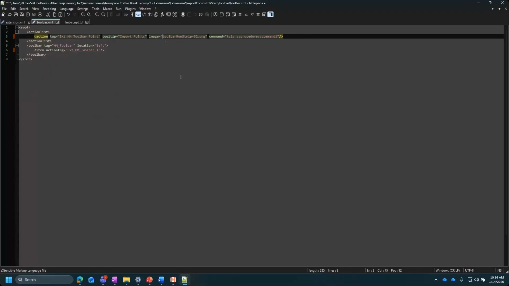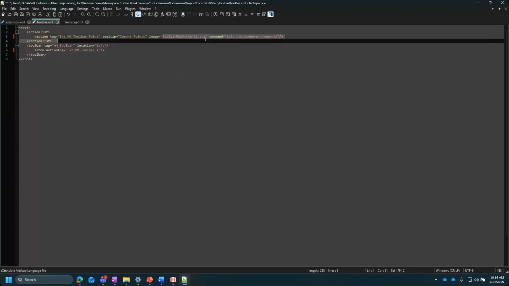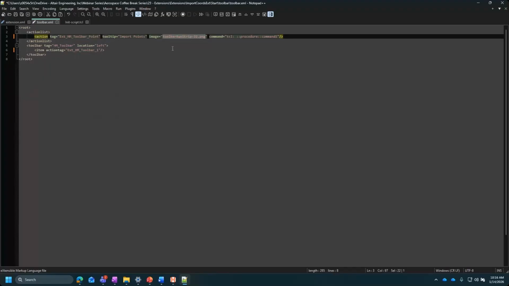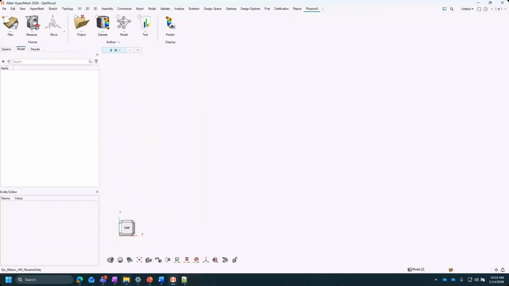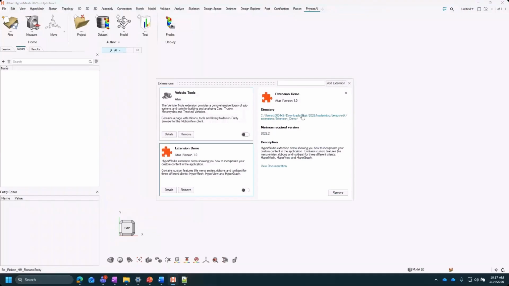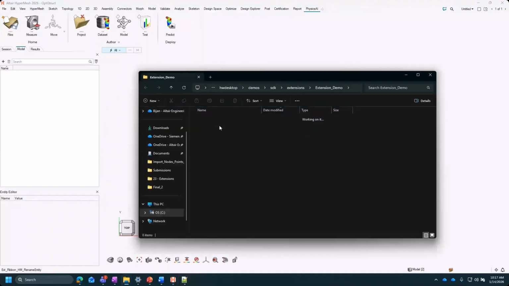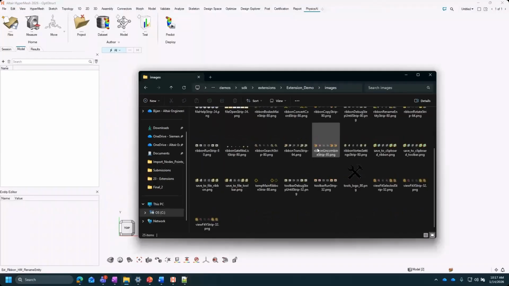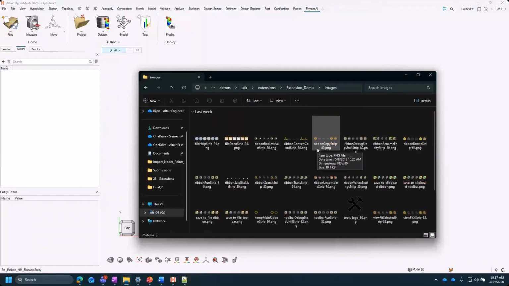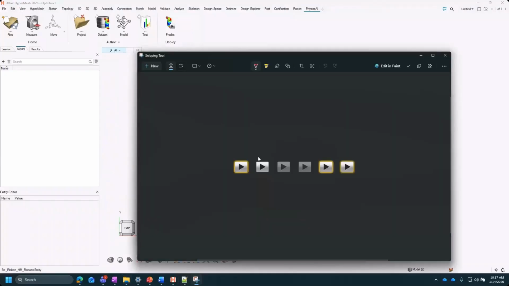Okay. And then for the image, you can use, like I mentioned, one of those preset images from the extension demo. So I don't think I have that open anymore. So yeah, if we go back to that one more time, if we open that up, images, there's a lot of images in here that I typically like to use because if you look at any one of these, they'll have highlighted versions so that as you hover your cursor over them, it'll highlight. So it just works a little bit better. But again, you can use your own image.